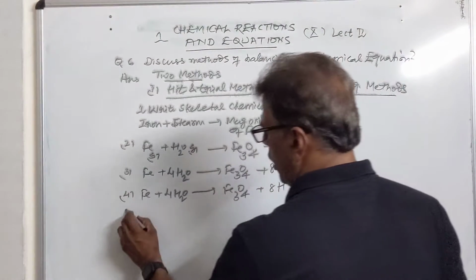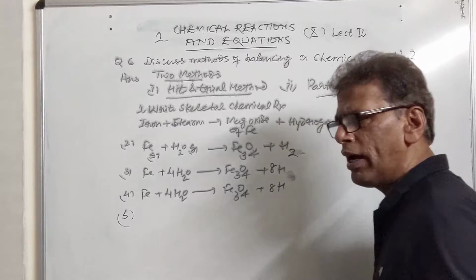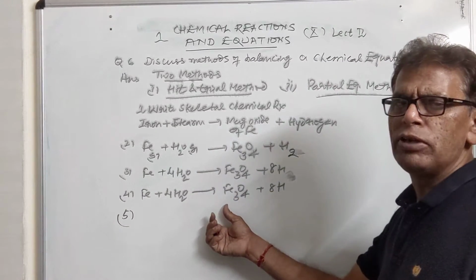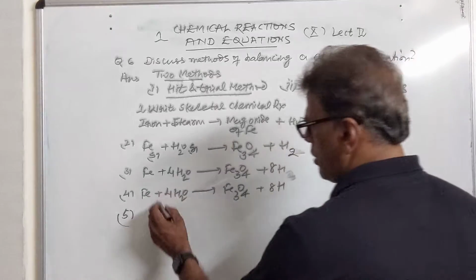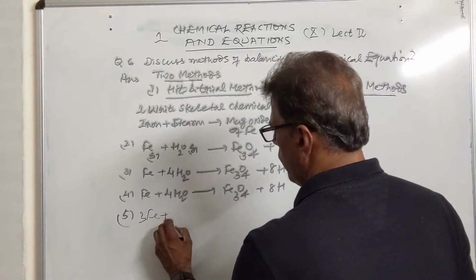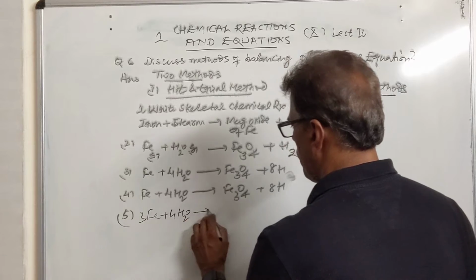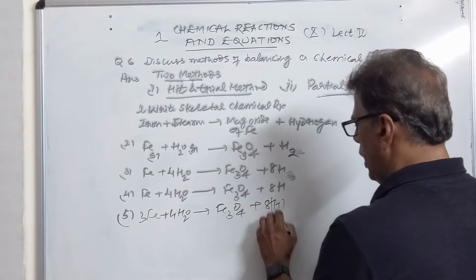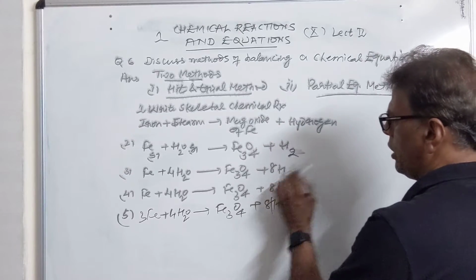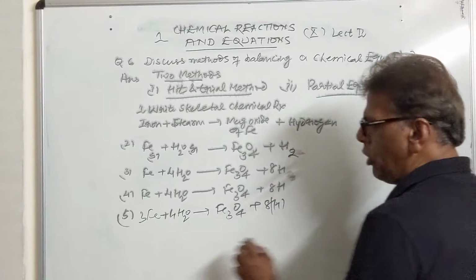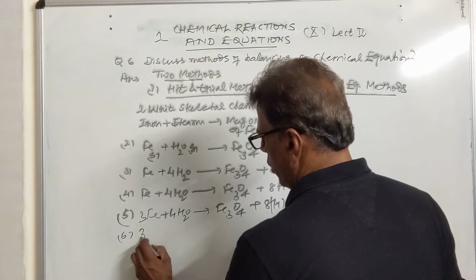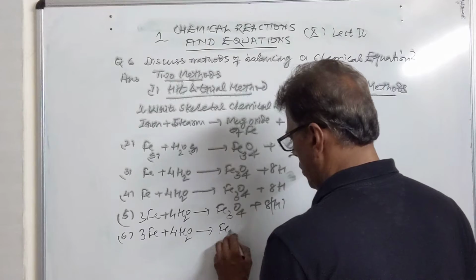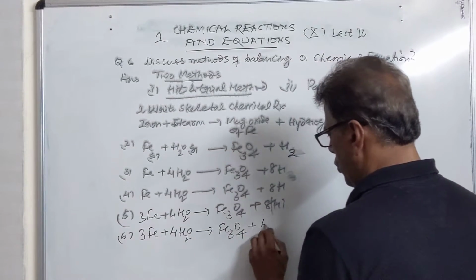Now we come to the fifth step, balancing of other atoms. If we see iron here, it is 3 times in the product, 1 time there, multiply iron with 3, you will get this equation. Now last step would be the equation which was reduced to atomic state here, make it molecular. So molecular equation will be 3Fe plus 4H2O, you will be getting Fe3O4 plus 4H2 here.